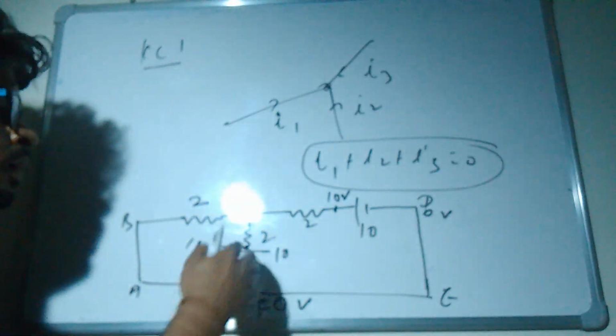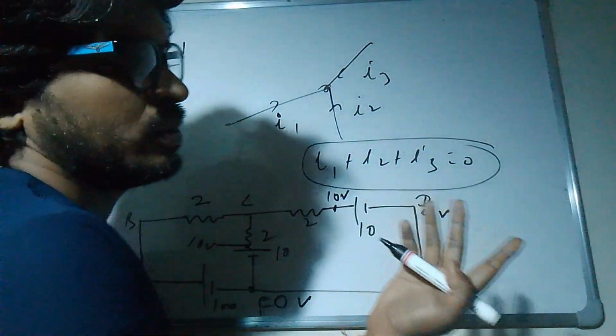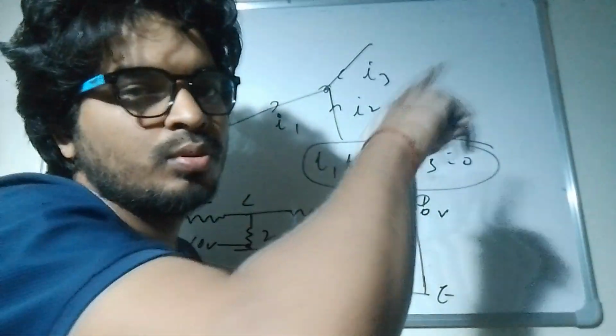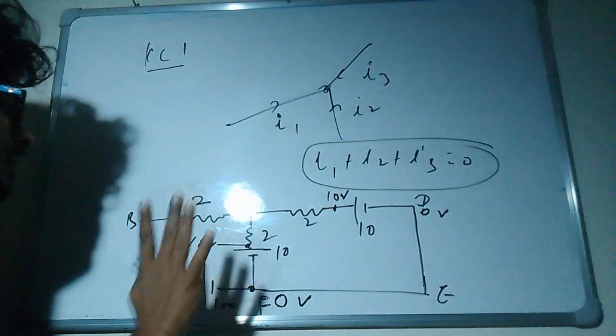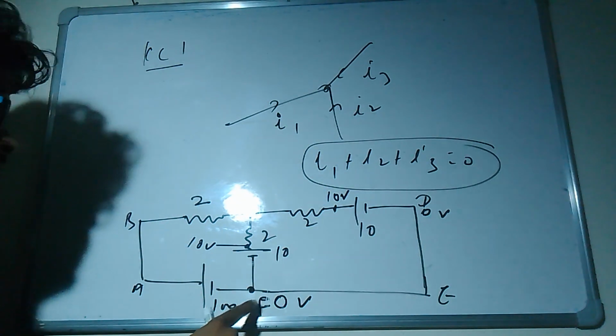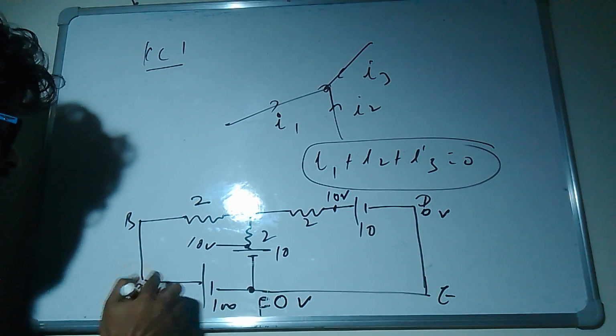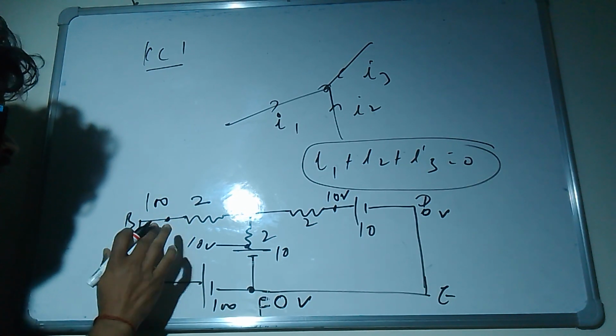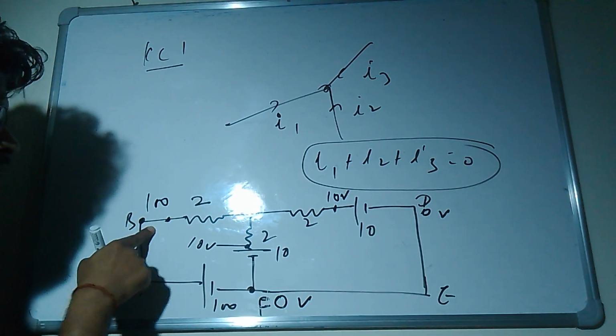These are just assumptions. Some people also take the first terminals, but then you have to change all the sign conventions. I'm taking the second terminal and just adding it. So this is 0, this is 100, so add 100. This is 100, 100, 100, so at this point, basically point B, you will get 100 volt.